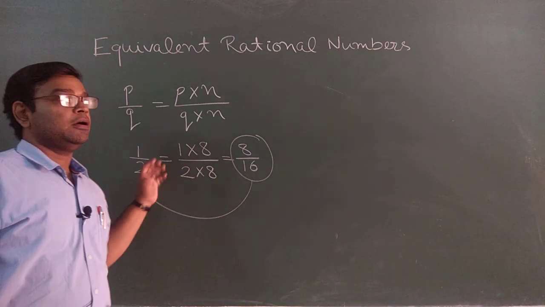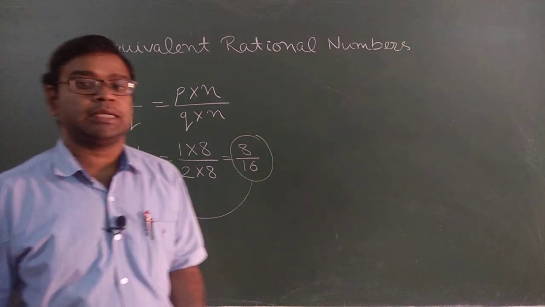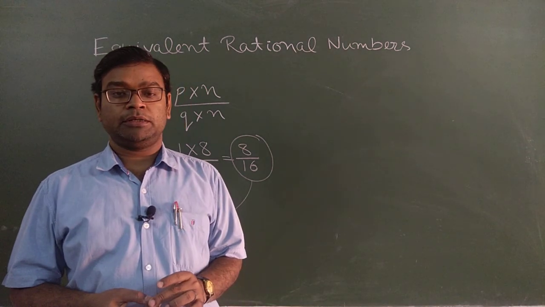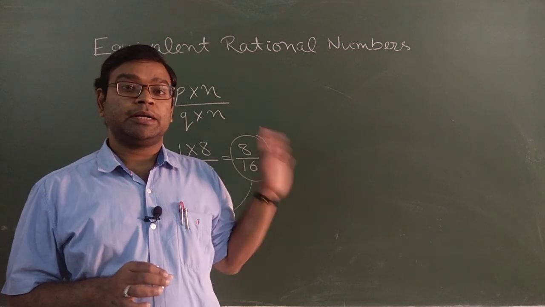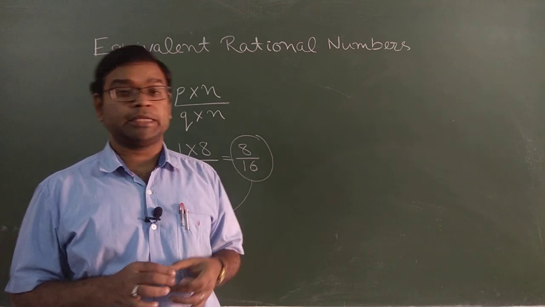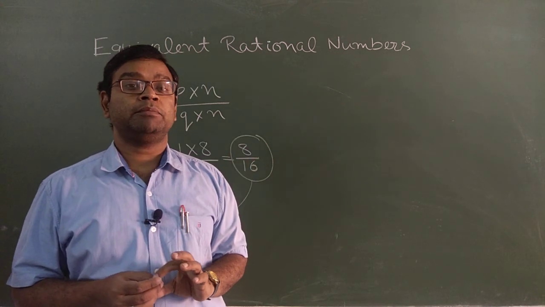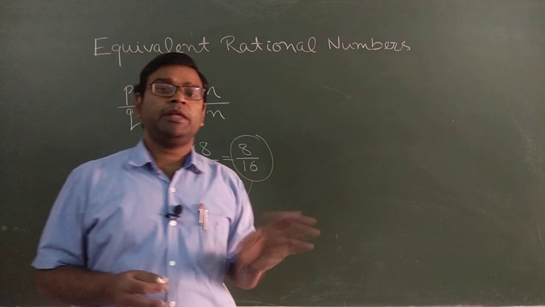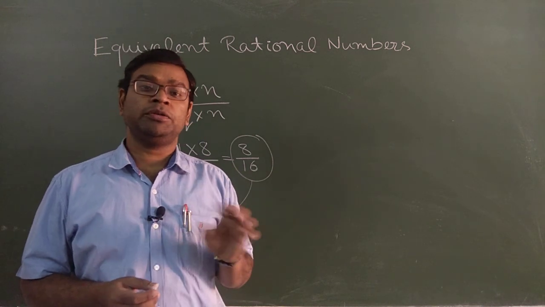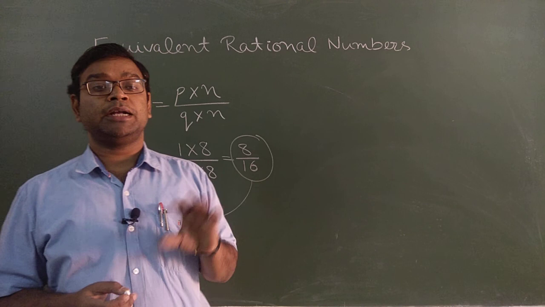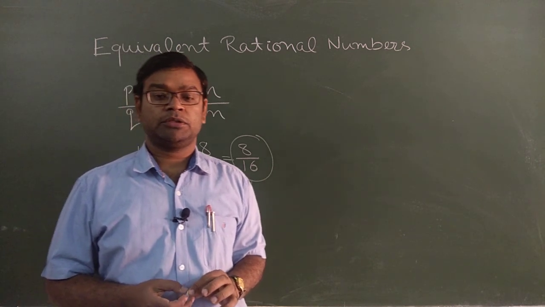Now, as we already discussed in class 6 and 7 about the number line, the question is how we represent a rational number on a number line, because a rational number is also a part of numbers. There are various methods. I'm discussing with you some of the easiest methods so that you can easily understand the position of a rational number on a number line. So let's discuss.